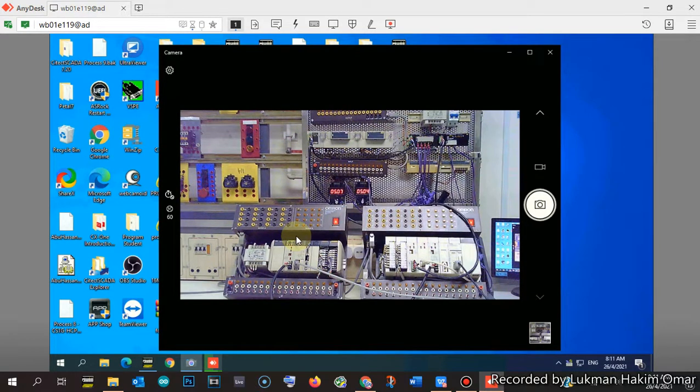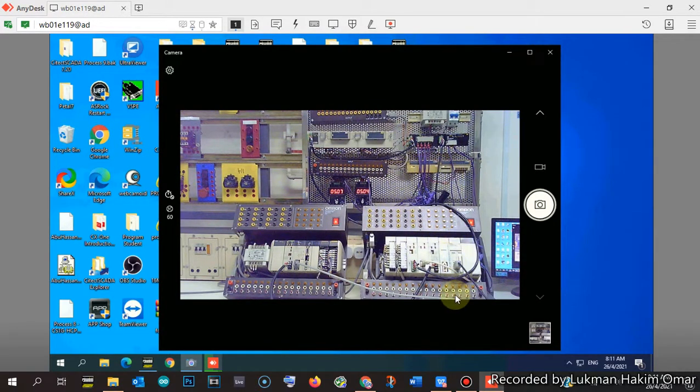The objective of configuring this controller link protocol is to communicate between the master PLC and the slave PLC, whereby we can exchange data, for example exchange the bit, to make sure that these two PLCs interact with each other.